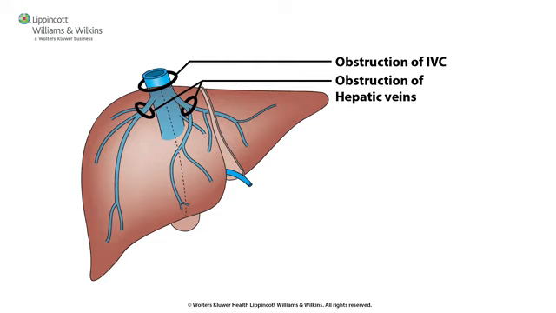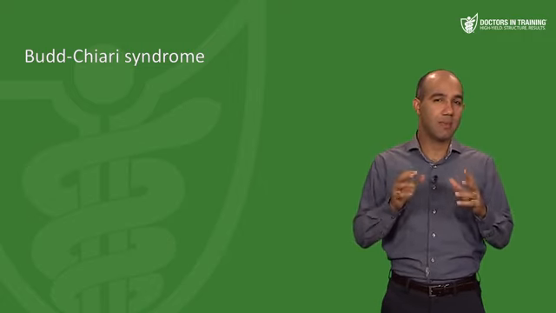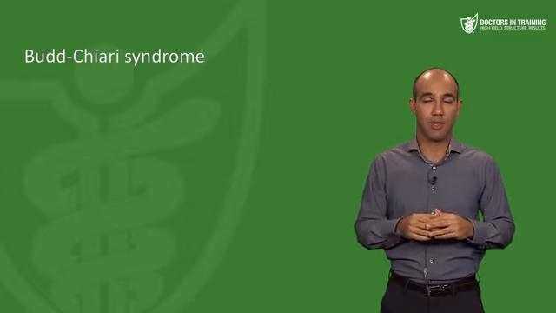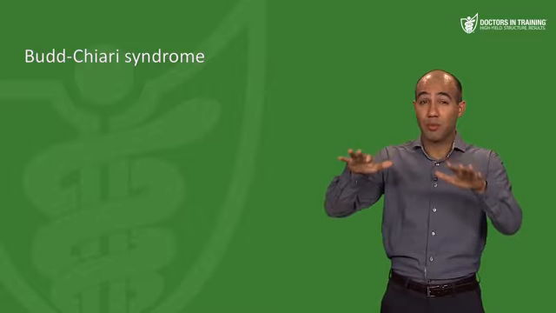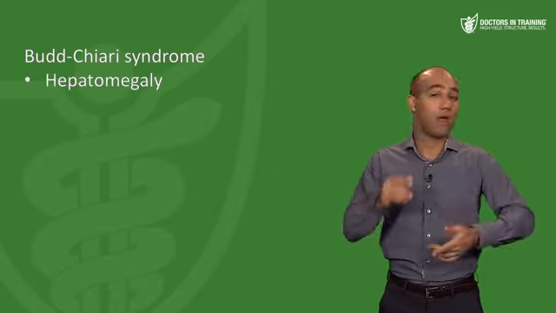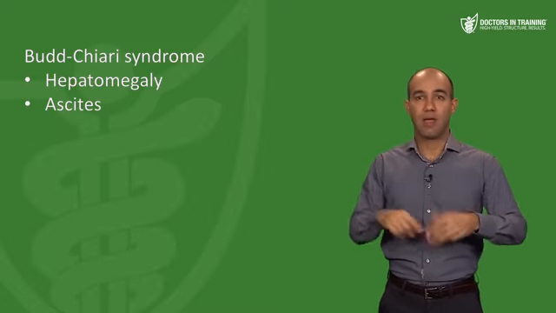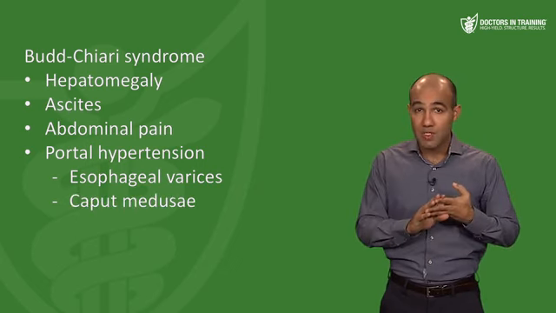Budd-Chiari syndrome, like right-sided heart failure, which also backs up blood in the IVC, starts with central lobular congestion and necrosis and can also result in congestive liver disease and fibrosis. Now, the clinical manifestation of Budd-Chiari includes the typical signs of portal hypertension. Though the blockage is of the hepatic vein or the IVC, the backup of blood ends up resulting in portal congestion and hypertension. So we see hepatomegaly, ascites, abdominal pain, and we can also see esophageal varices, caput medusae, and